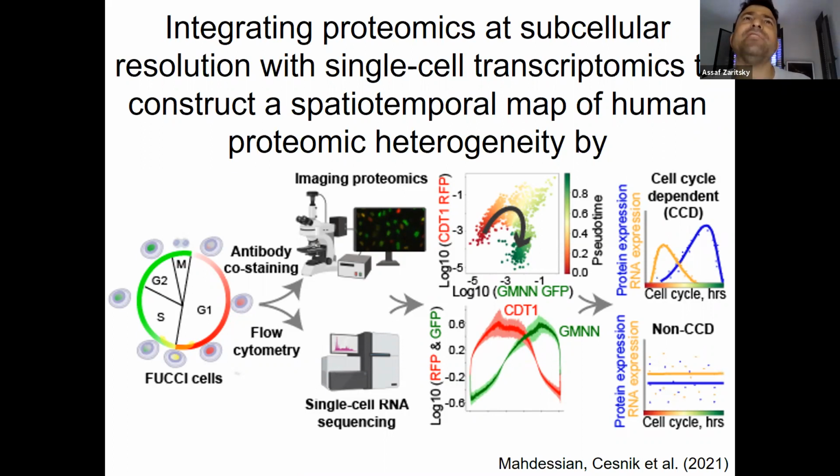This is actually a very recent paper that came out just this year, just a few months ago. And it's not just using the public data from the Human Protein Atlas. They generated special data for this project, but now it is available in the Human Protein Atlas. You can see here what they did. They did imaging proteomics, which is what they usually do. They also did single cell RNA sequencing, and then they tried to link them together and learn something new, to build a comprehensive map of